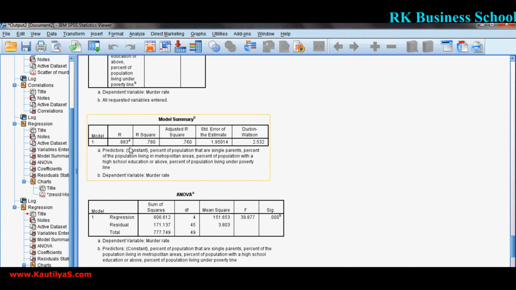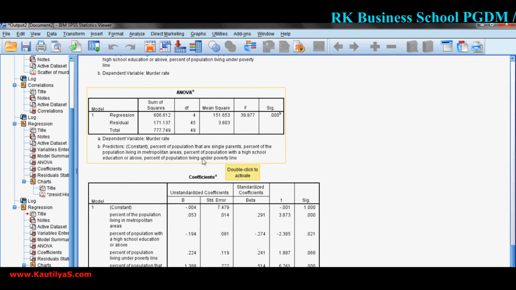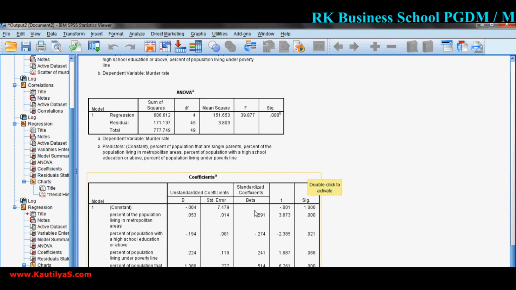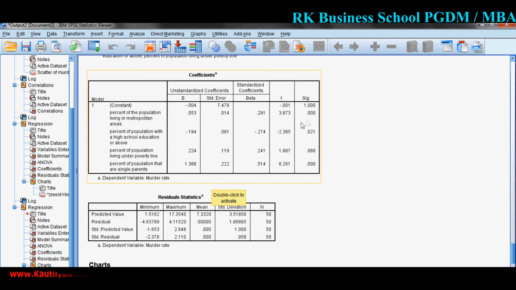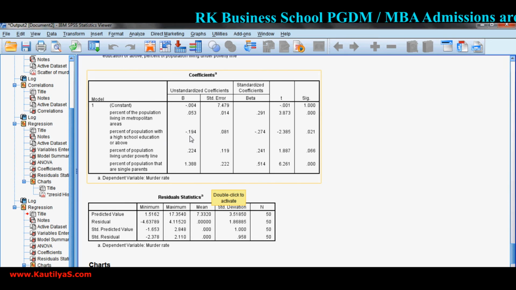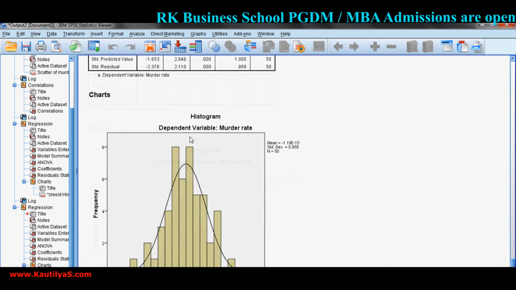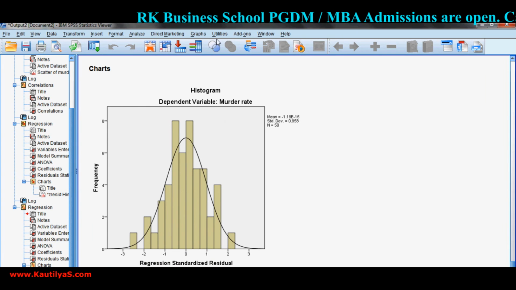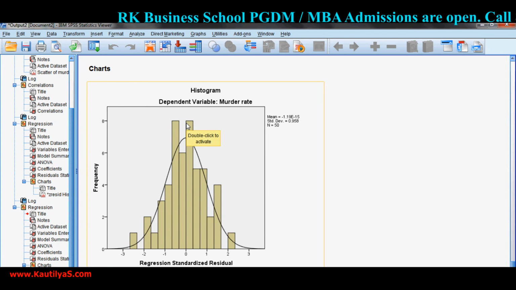If we remove the outlier, now the variance explained is 78%, and it is significant. Now percent of population in metro areas is significantly associated with the murder rate as well as single parent. If you look at the beta value, high school education has a negative beta. So this is how we run multiple regression analysis in SPSS.